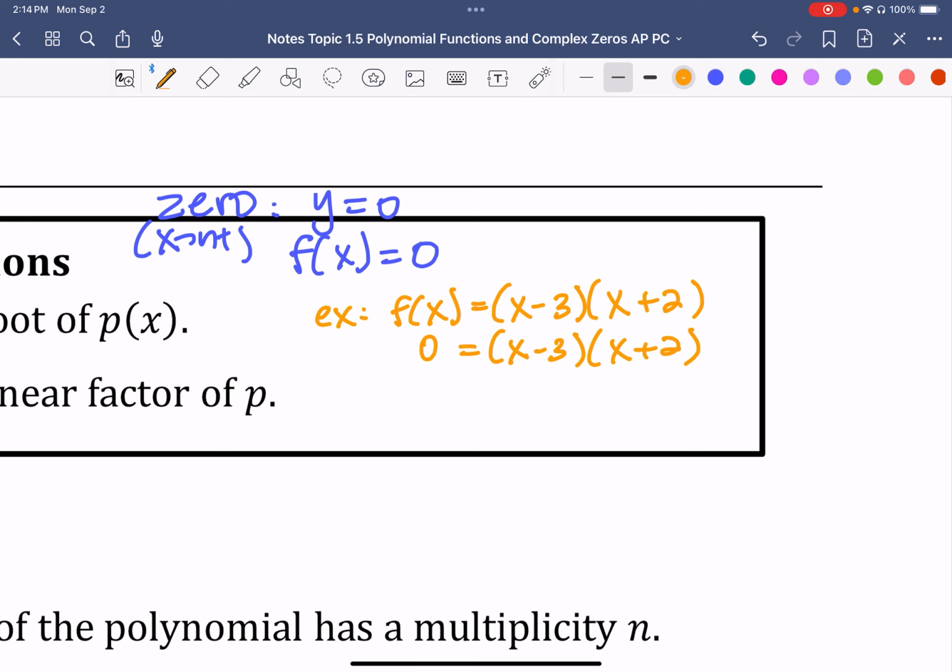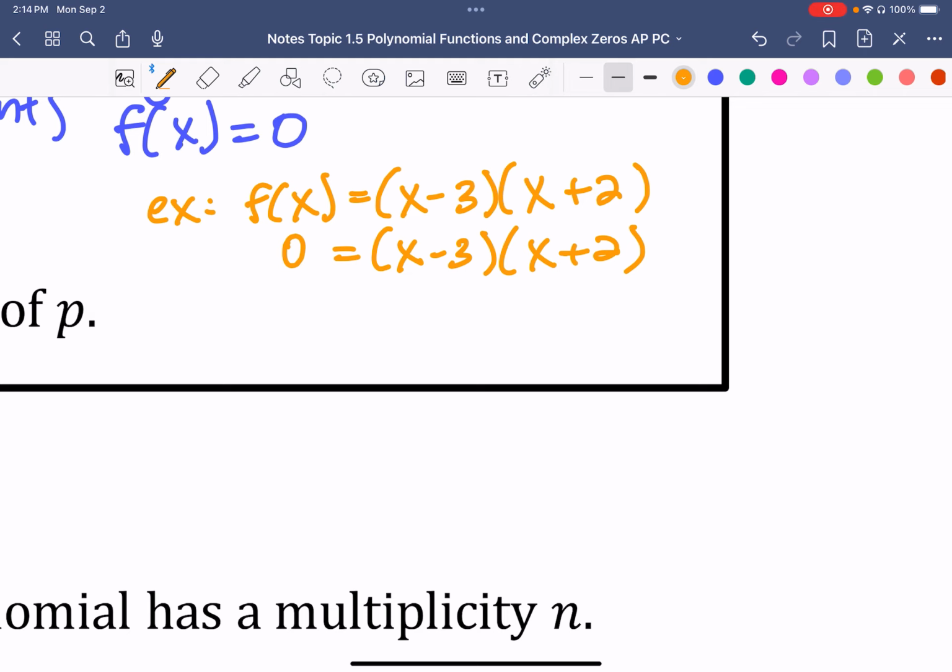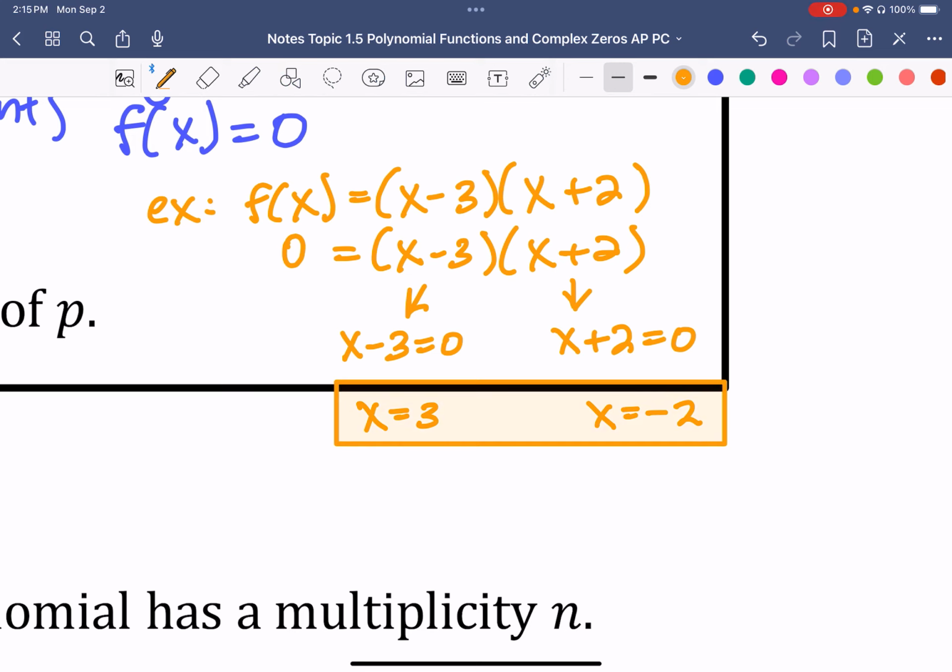What you're going to do is replace the f of x with 0 and set it equal to the function. Now, when your equation is already in factored form, you can separate the factors and set them each individually equal to 0. If they are not in factored form, you will have to factor them by yourself, and then after that, you can solve for x. So here you would add 3, so x equals 3, and on the other one, x equals negative 2. So what we have here are the zeros of the function,